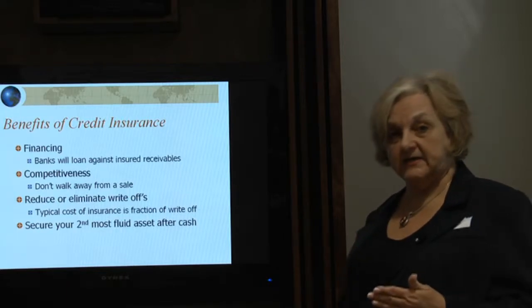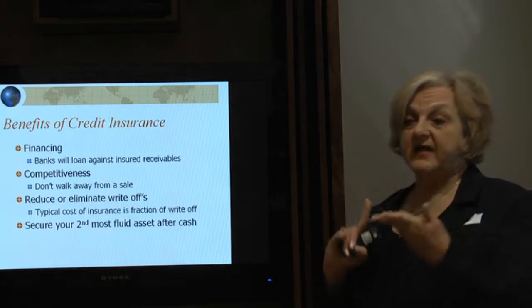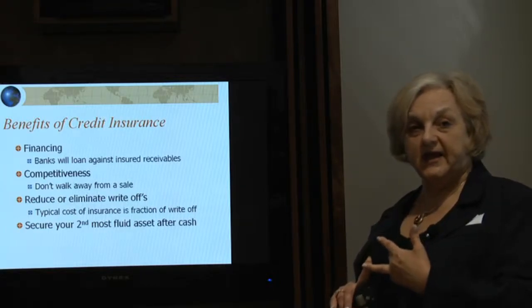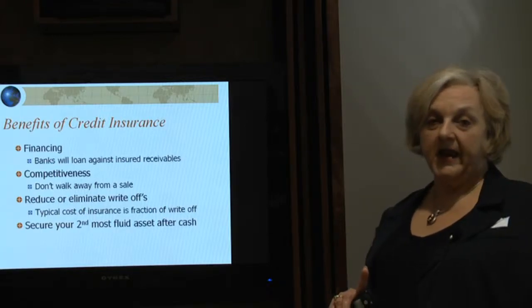What that means is you can include them in your borrowing base. You can assign the proceeds of your policy to a factor and be paid the next day. It also allows you to get either an SBA or an EXIM working capital loan in order to produce